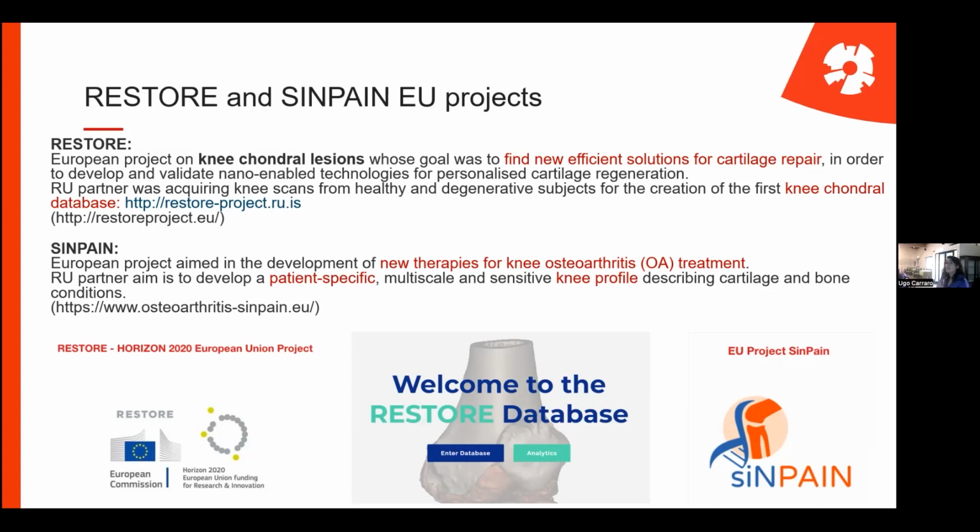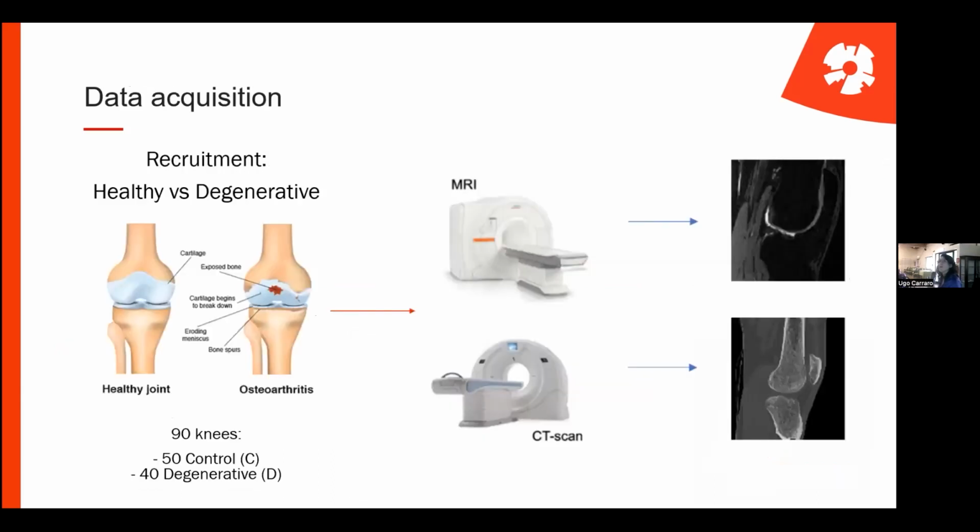And instead, the SINPAIN project, which started a few months ago, aims at the development of new therapies for knee OA treatment. And in this context, our aim is to develop a multi-scale and sensitive patient-specific profile that describes the condition of knee cartilage and bones. So, in the frame of these two projects,